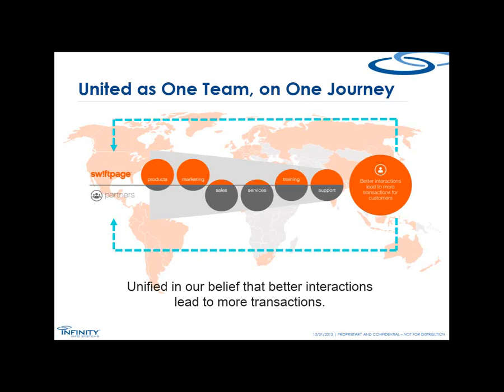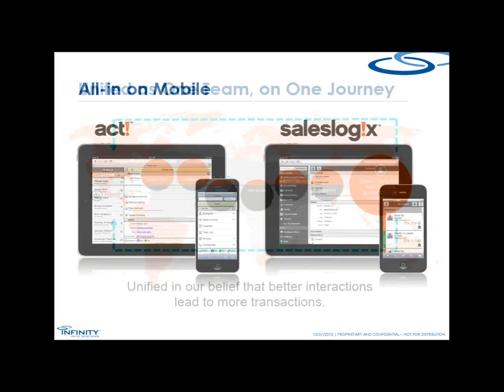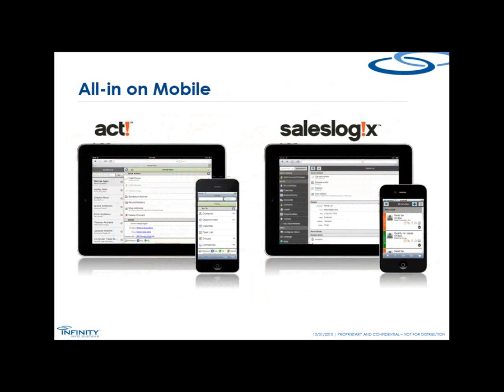So the last thing is that we are all in on mobile, as the next slide indicates. With both of our products, we're really focused on mobility, and we are learning and bringing features and capabilities from one to the other. ACT is really meant for personal productivity, and SalesLogix takes all the great benefits of ACT over 25 years and will continue to improve them, but it's really focused on businesses and interactions and the enterprise. And so I'll pass the baton to Ed, and he's going to walk you through some of those capabilities on our new Mobile 3.0 platform. Thanks. Over to you, Ed.